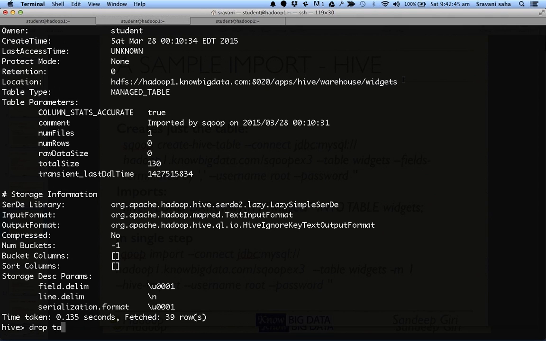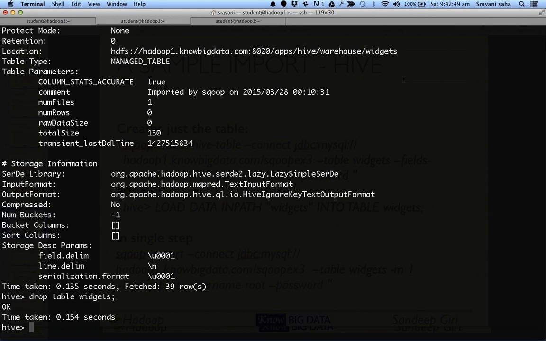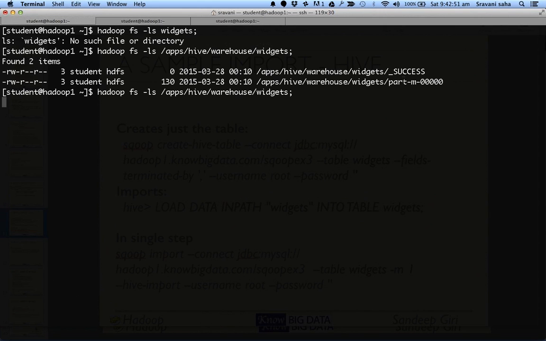If we drop this table, drop table widgets, okay, and now try this. There is no such file and directory. Okay,